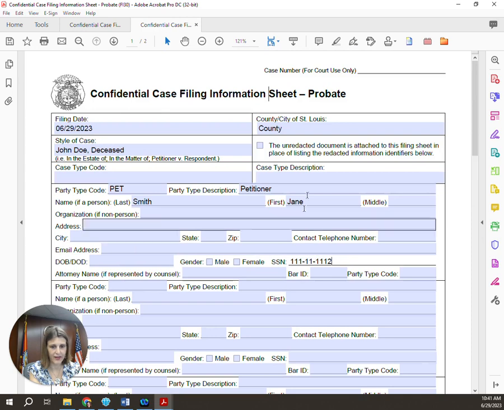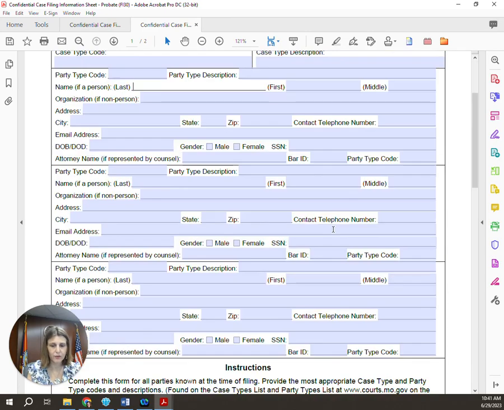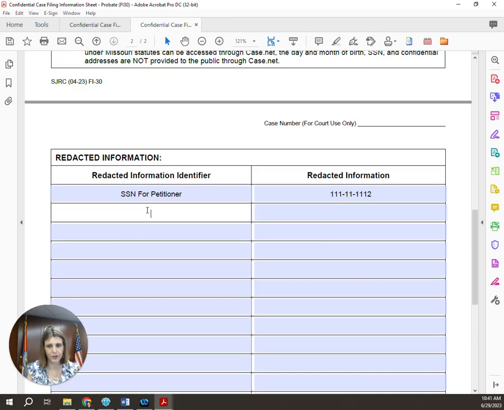So you wouldn't have this, this would all be gone here because you are just filing your redacted information sheet. Again, this would normally be used on account number. So you might put account number for Bank of America account, and put in the full account number there so that you have that. So then this